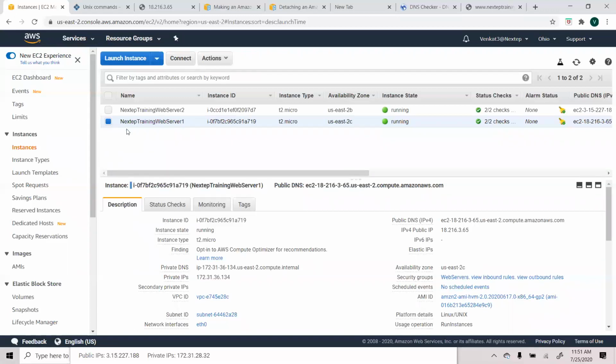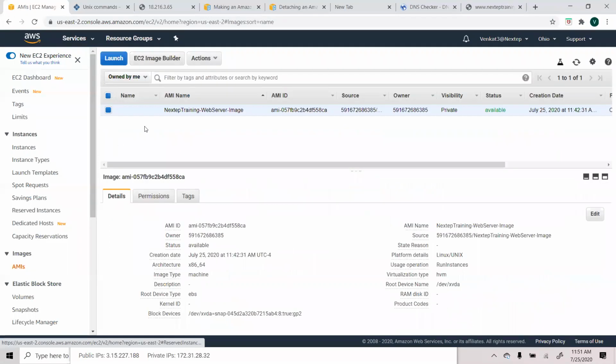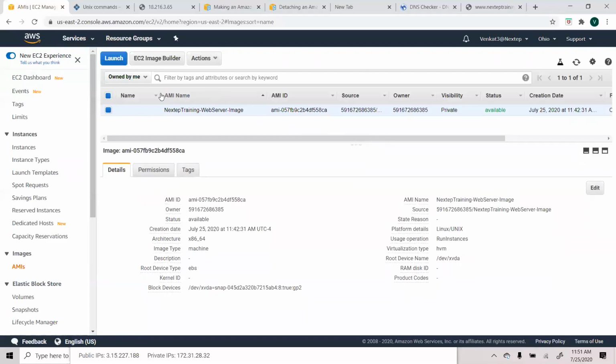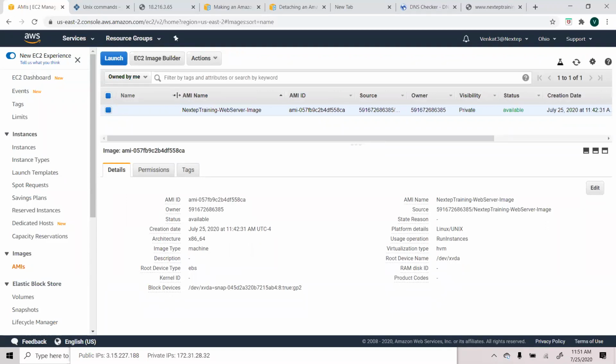So I created an image from this one, and that is AMI. AMI stands for Amazon Machine Image. So this is my Amazon Machine Image. And in fact, if my web server is so nifty, I not only took the Apache web server, but I tweaked it. I raised the performance by 50% because I'm so smart in this,